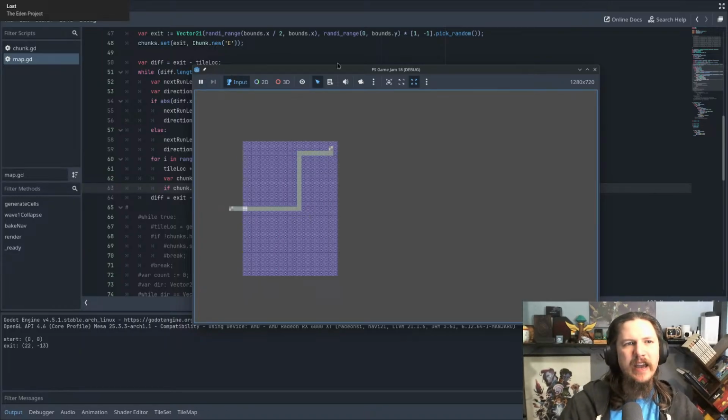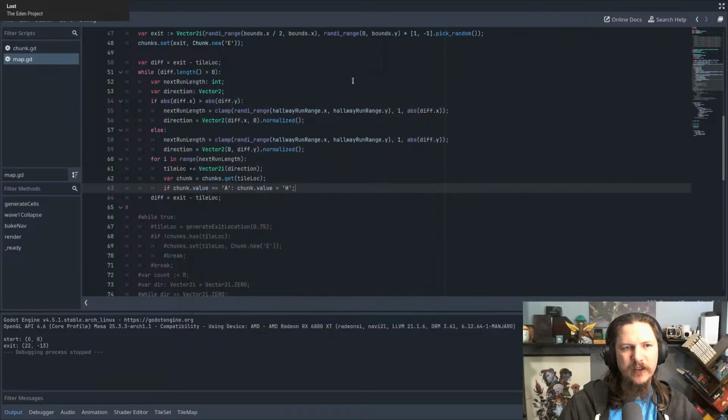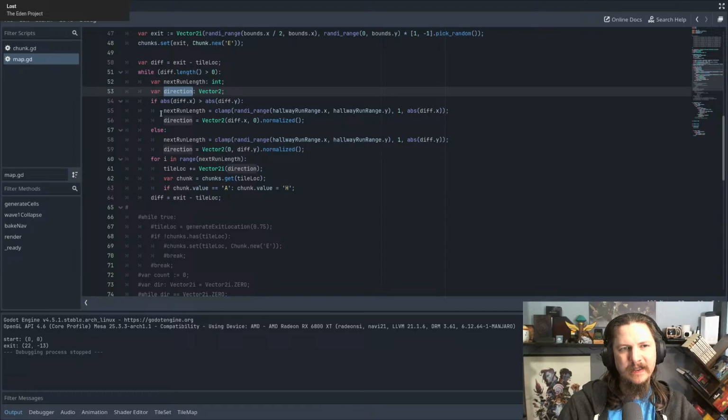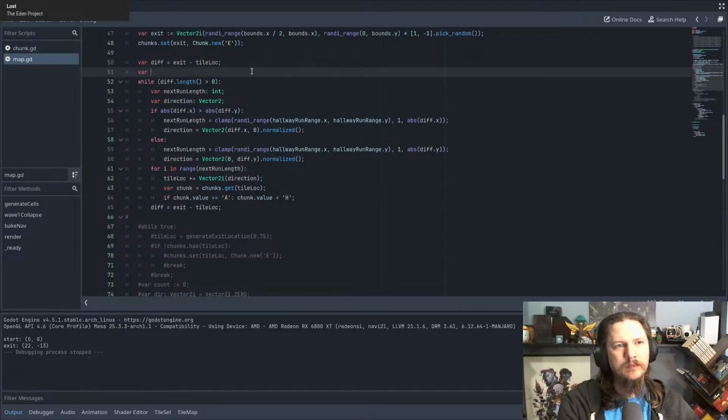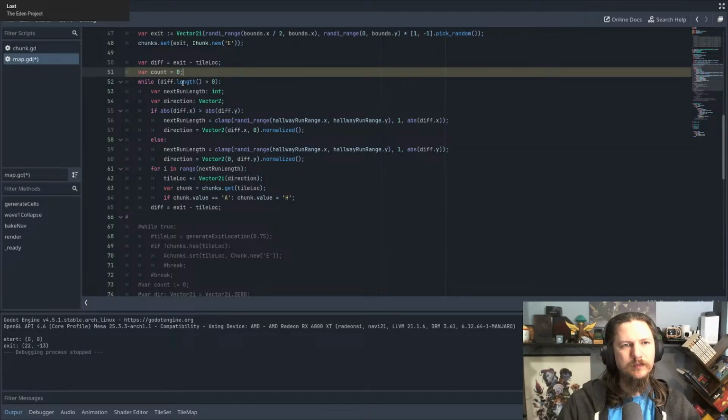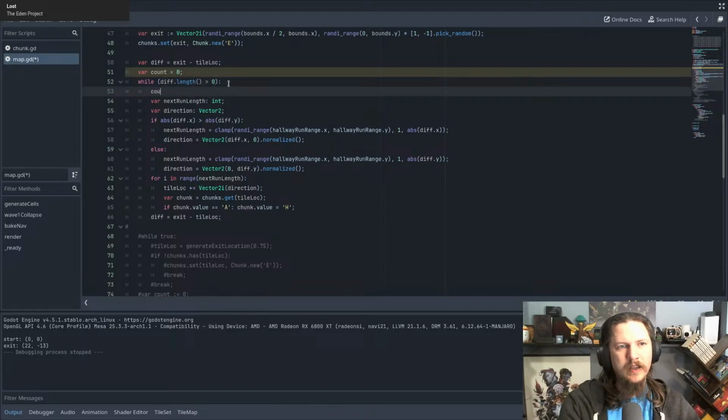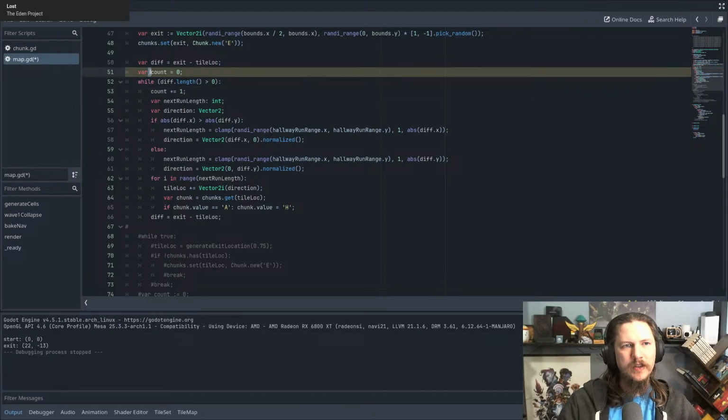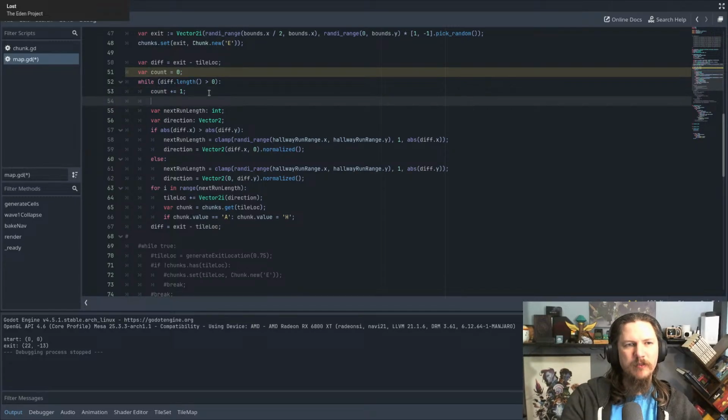Let's try that. Every other iteration, we will pick a random direction. Well, I'll just call count. Count equals 0. Count plus equals 1. So this first one will be 1. So then we can